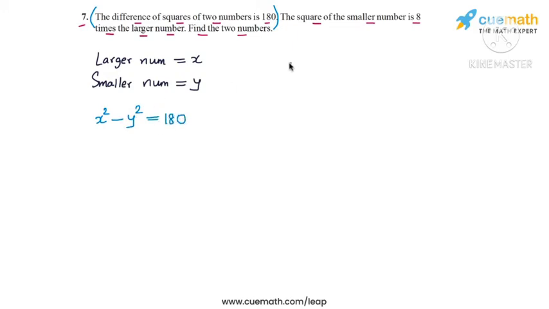Then the second piece of information says the square of the smaller number is 8 times the larger number. So the square of the smaller number, or y square, is 8 times the larger number, or 8x. So y square is 8x. So from these two equations, what we can do now is